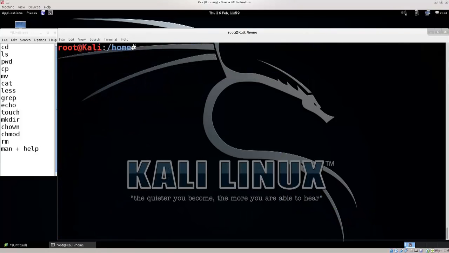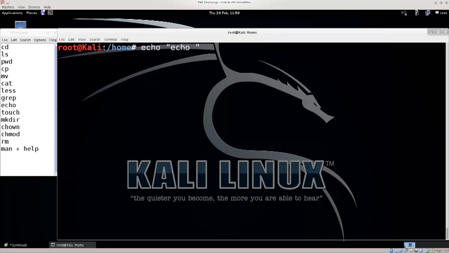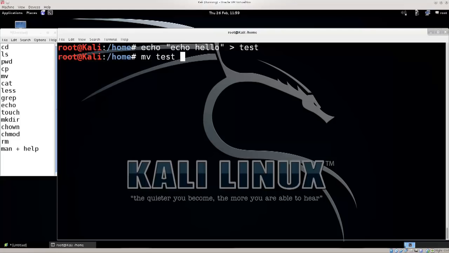So if I clear the screen, there is another more used command. It's called chmod, and this command allows you to change file permissions. So this is something that you will need to use on a daily basis and quite often, primarily because, you see, if I have an executable file in Linux, for example, let's just go ahead and edit. Well, actually we don't need to edit it. We can type in echo, hello, close quotation marks, and I want to output this to test, and I want to move test to